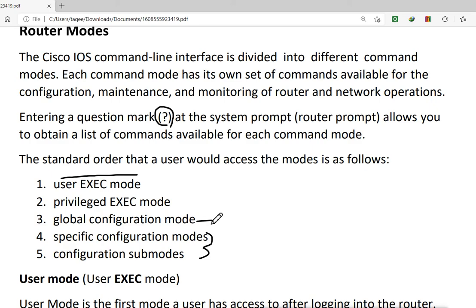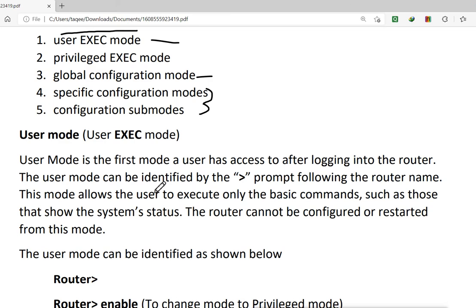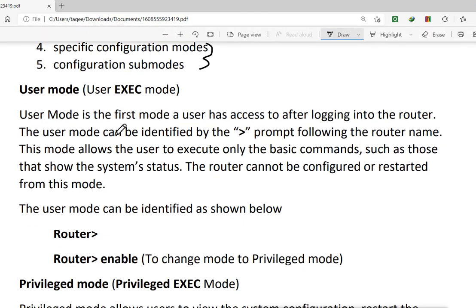So the first mode is the user mode. This user mode is the first mode the user has access to after logging into the router, and it can be identified by the greater than sign in the prompt following the router name.